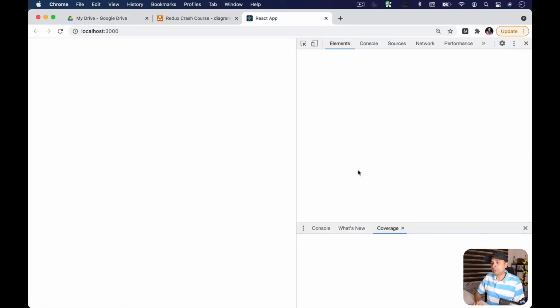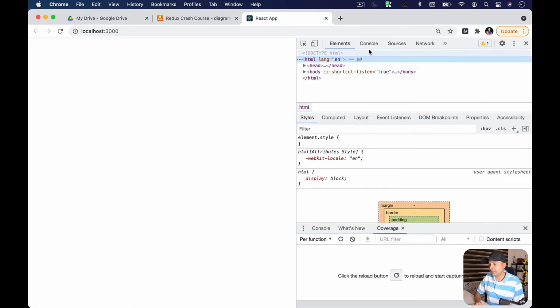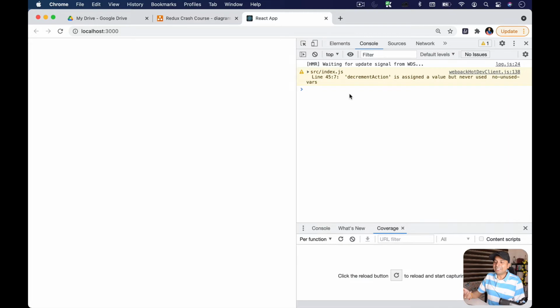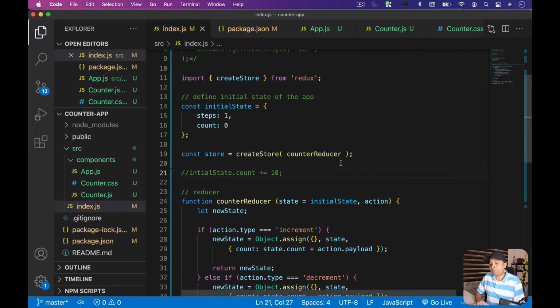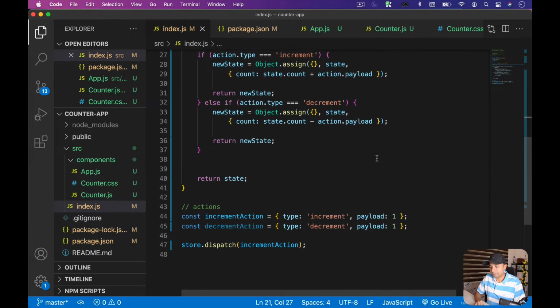See that? Now I'm going to open my dev tool. This is what we are going to check inside the dev tool, our console tab. I don't see anything, right? I can see the decrement action is assigned a value but never used, but I don't see my state values. Now, to see the state value, to see the current state of your store, we use a function called